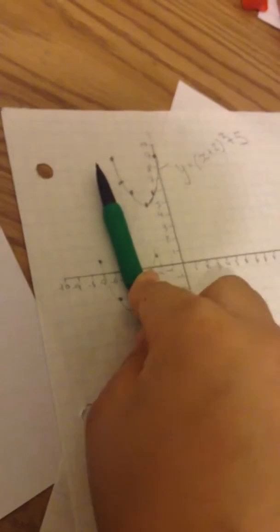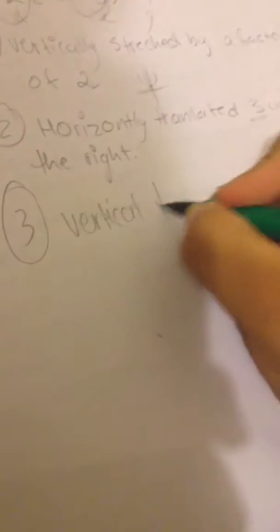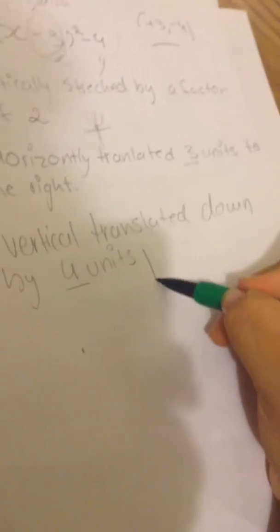Now, let's see what our third one could be. So what else do we see? Oh, look, we see a -4. Again, same thing. If it was a -4, we would move it down. If it was a +4, we would move it up. So we could say it is a vertical translation, my handwriting is so bad, down by 4 units. It's vertical because the y-axis is that, and that's basically how you would describe a transformation. Now, let's see if we can do another one. Okay. You can also